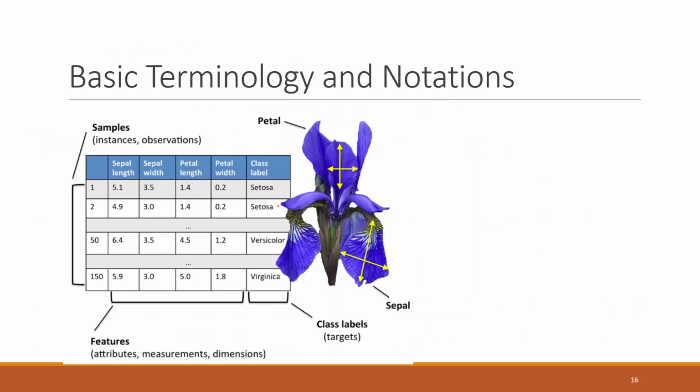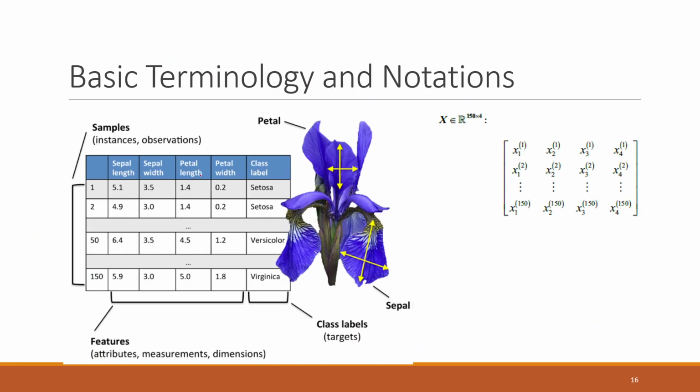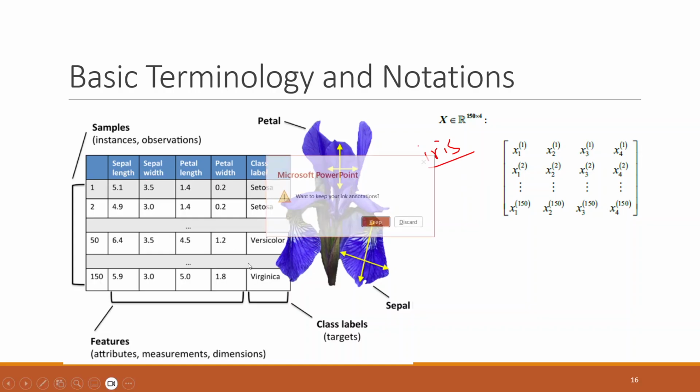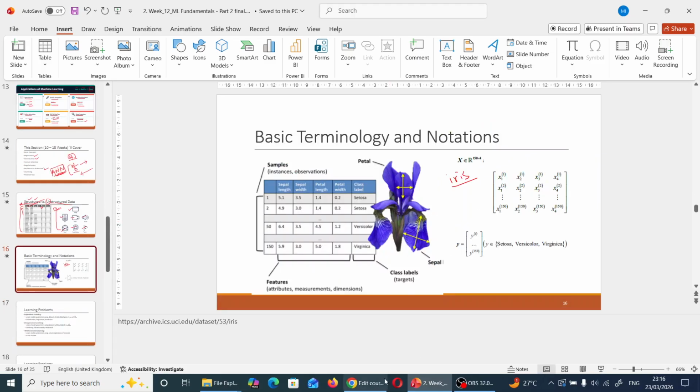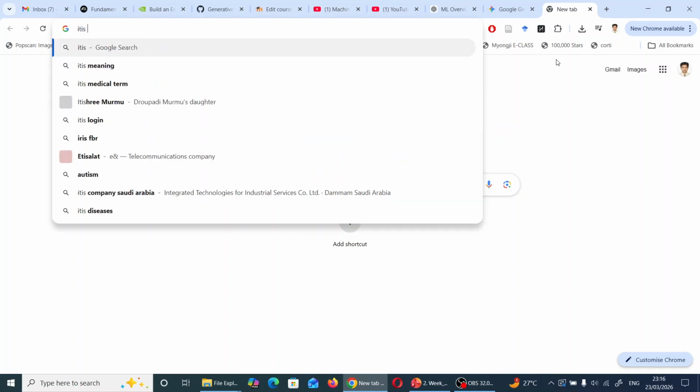Okay. If we talk about this structured data further, we have this example, which is basically the iris data set. Let me show you the example. Iris, sorry,